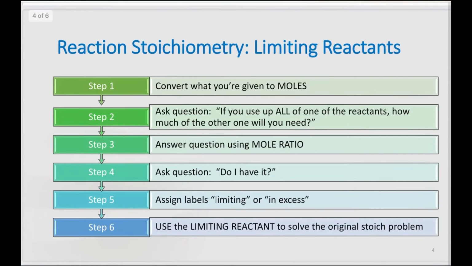How can I go ahead and apply this to the world of chemistry, though? We got to get out of the world of Chick-fil-A and get into the world of chemistry, right? We're going to do reaction stoichiometry, and we're going to follow this system. If you follow these 6 steps, you will get to the right answer as long as your molar mass is correct and you're being careful, making sure you're using a balanced equation, and making sure that you're calculating things right